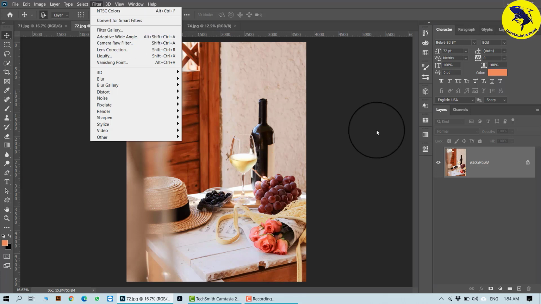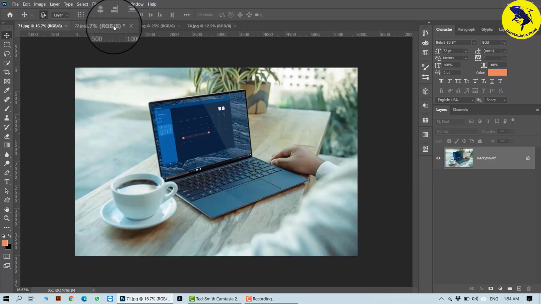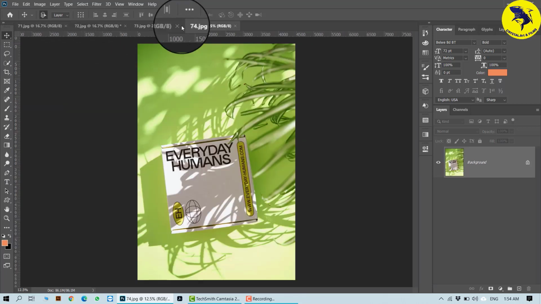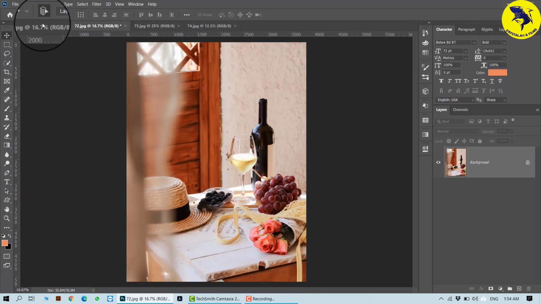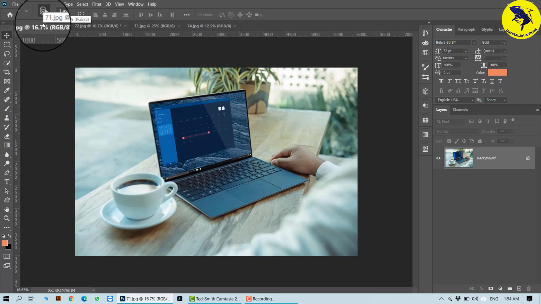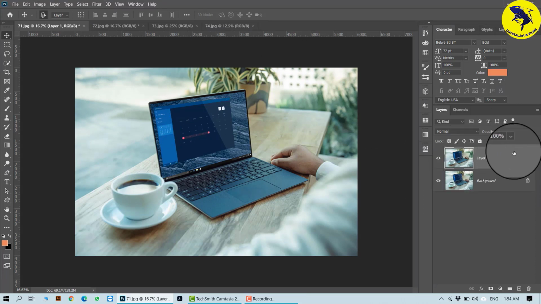So the first thing is, these are some of my pictures, that is 1, 2, 3 and 4. All of them are of different colors and different lightings, so none of them are similar to each other. The first thing I will do is, as usual, make a copy of your layer. So this is my layer. I'll say Control and J so that I get a copy of it. Since this was locked, the new layer is taken as Layer 1.